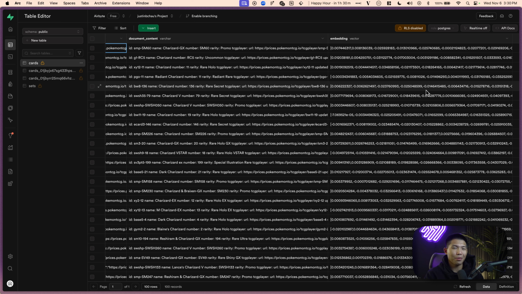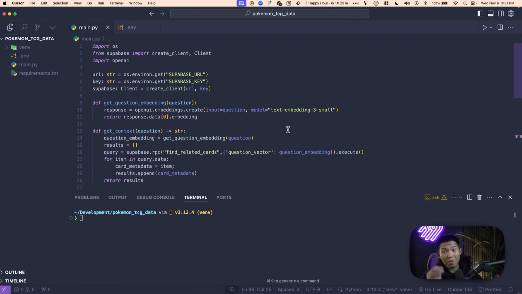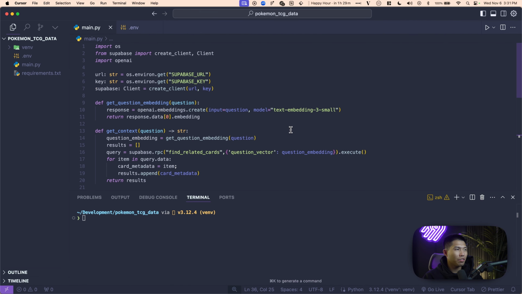How do we actually do that though? So let me go ahead and show you what I've already created and how I connected it to Supabase to essentially create a chatbot and start asking it questions. All right, so I'm in my code editor now, and I've spun up a local file, a simple Python file. And what I've actually done is I've utilized the Supabase Python library, which is an easy way to hook up